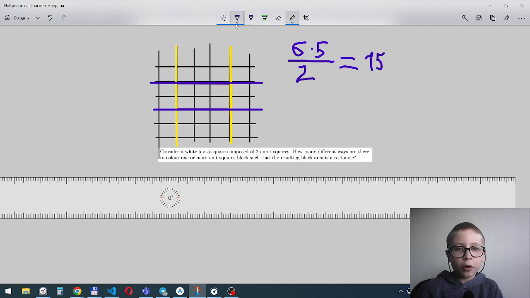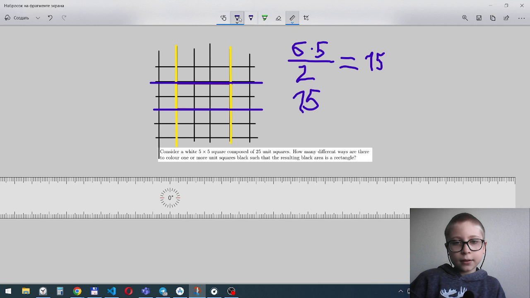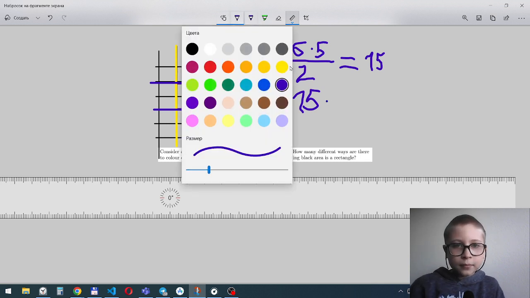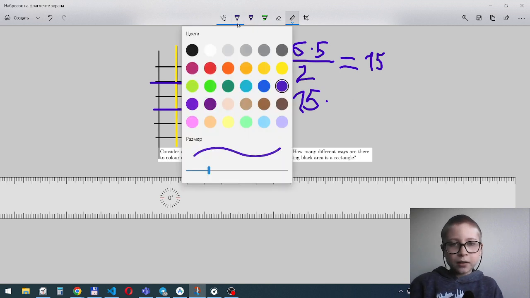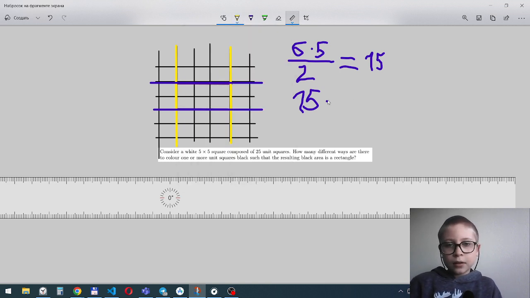So for yellow ones, it's also 15, and 15 sets of purple lines times 15 sets of yellow lines